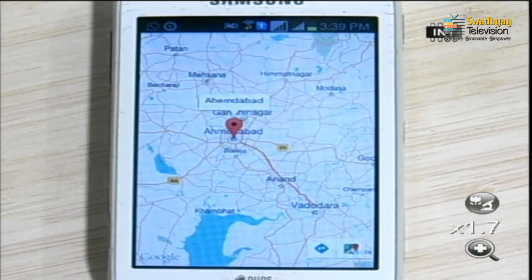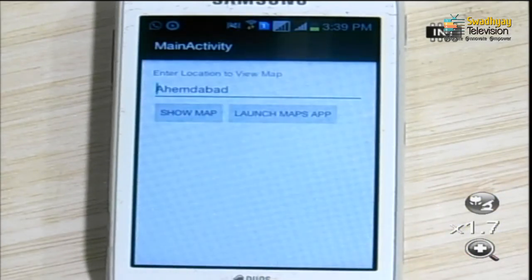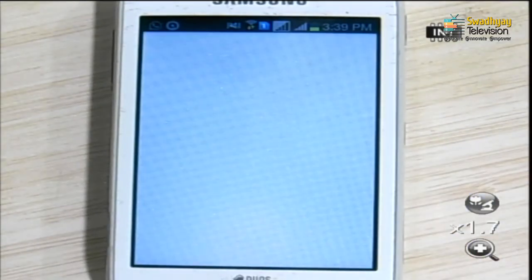Now, second, we try to run or find the place on the Google Maps application, which is downloaded from the Play Store. So, here I am going back to my original activity and I press Launch Maps app. As you can see on the screen, it will open the Maps application.